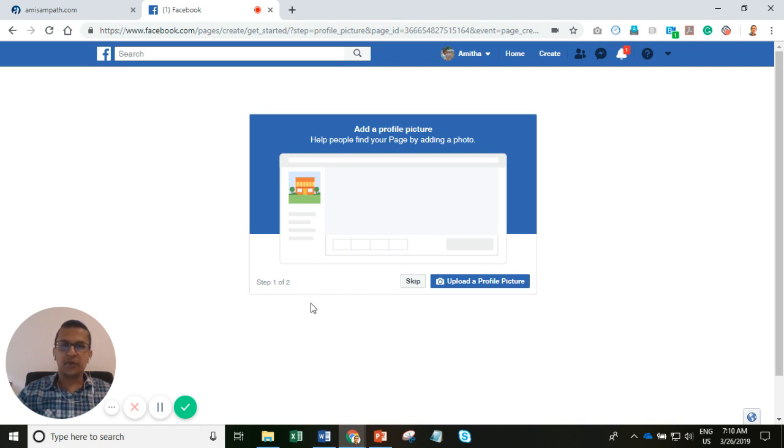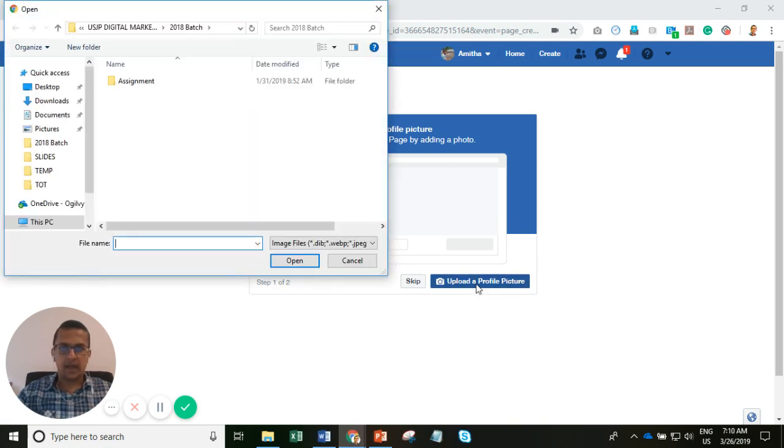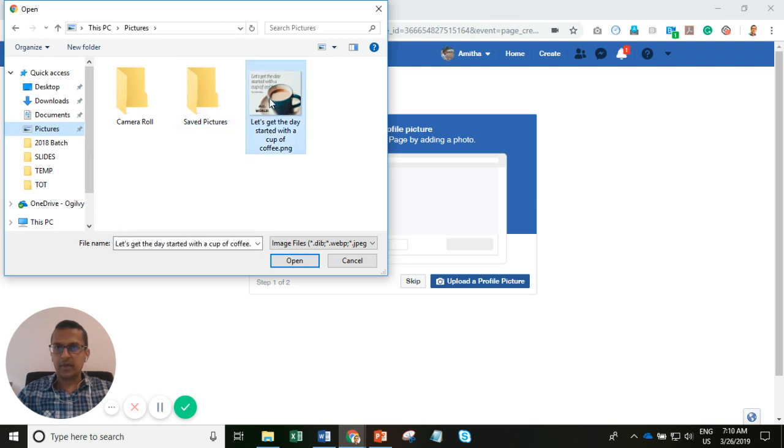The next thing you can do here is upload a profile picture for your page. The interface will prompt you to upload a profile picture. You can either skip this at this point and update the profile picture later, or you can click upload a profile picture and select a picture from your computer. So I'm going to select this image for the moment,